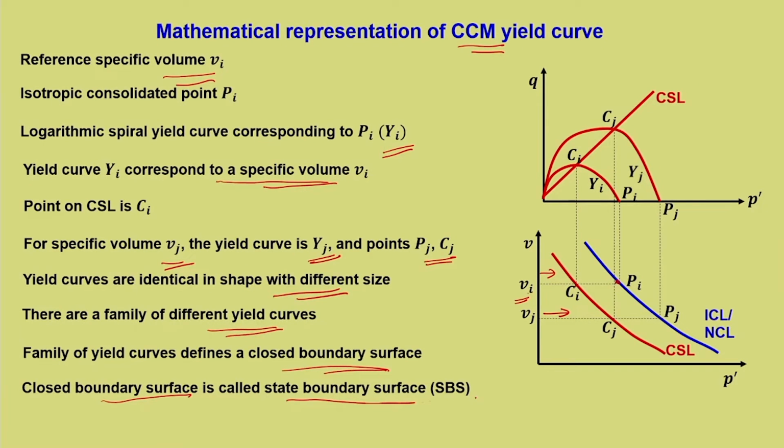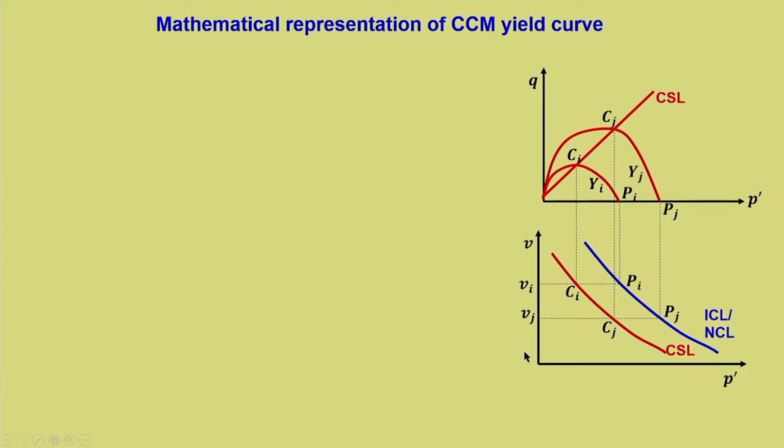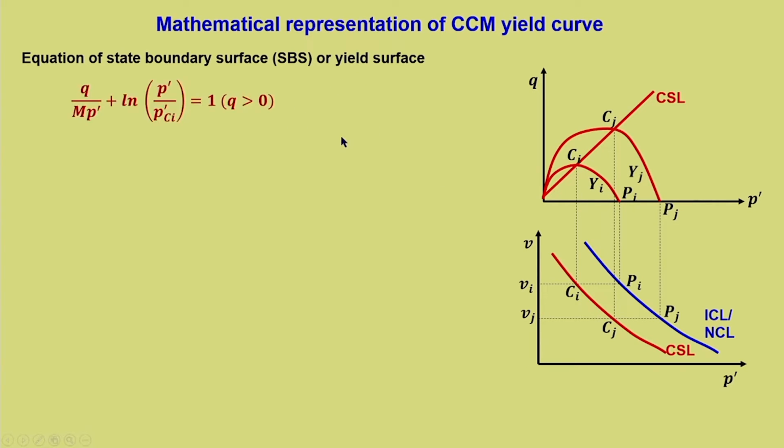This closed boundary surface is called the state boundary surface. Again, we will see about the state boundary surface a bit later. Only when we understand this Cam-clay model and the prediction clearly will we understand the state boundary surface. Okay, so we have understood the basic framework, and now the equation of the state boundary surface or yield surface,